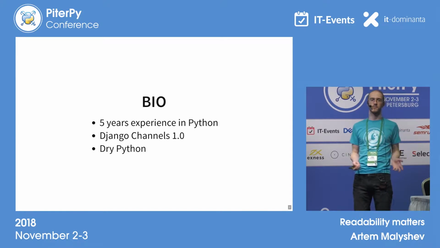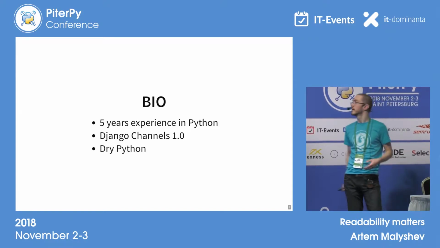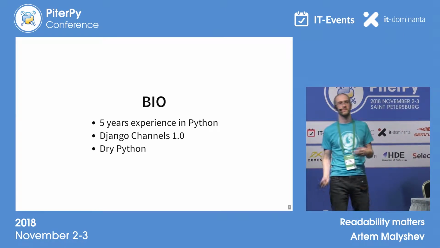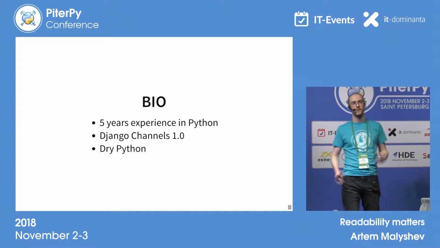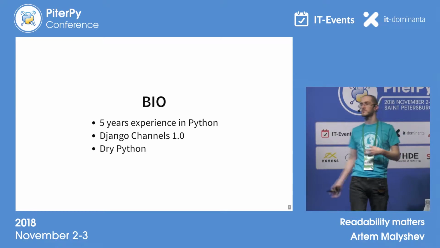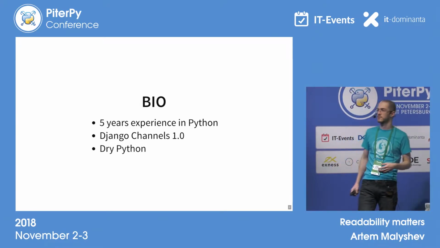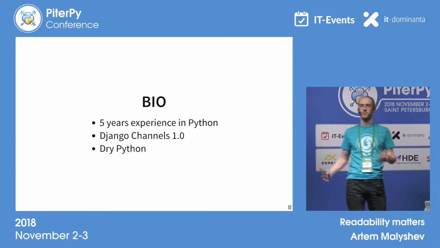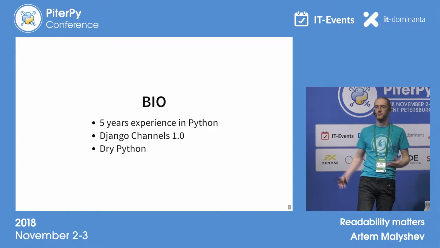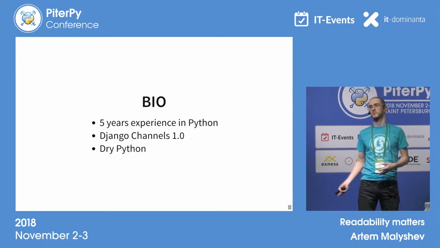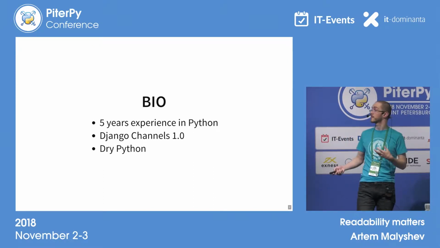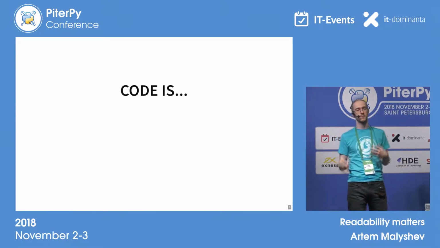A couple of words about myself. Approximately 5 years ago, I gained experience in Python. Previously, I experimented with different languages, but I started working with Python 5 years ago when Django Channels version 1 was developed. I was one of the most active developers, and I played around with HTTP2, and then decided to shift to more up-to-date problems that I see in our industry.